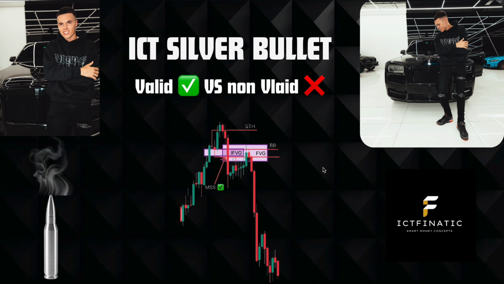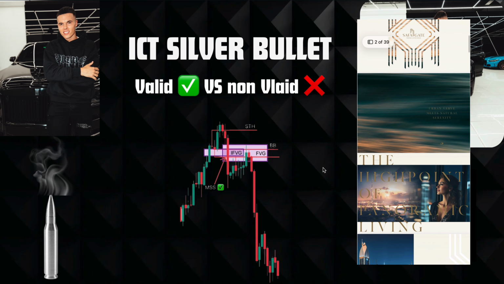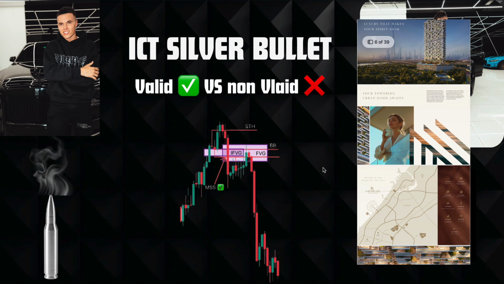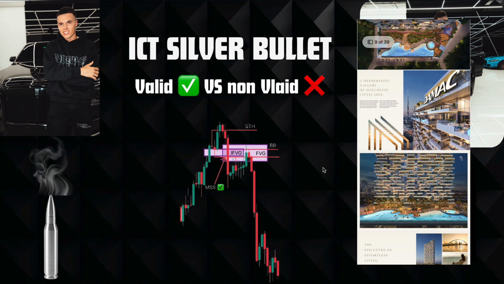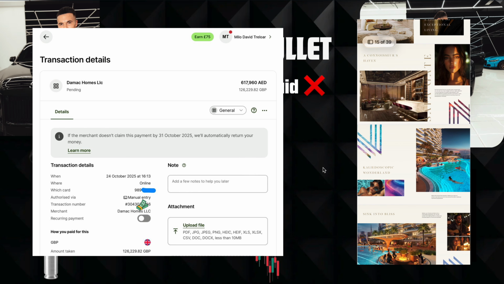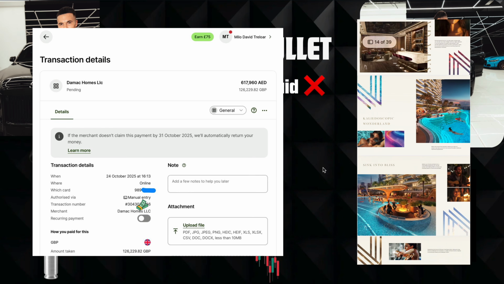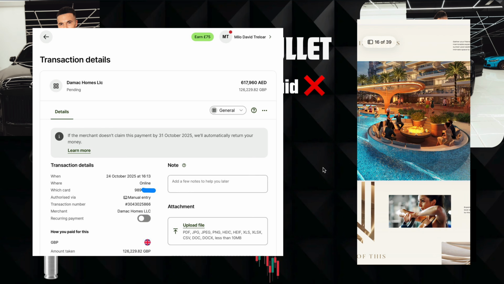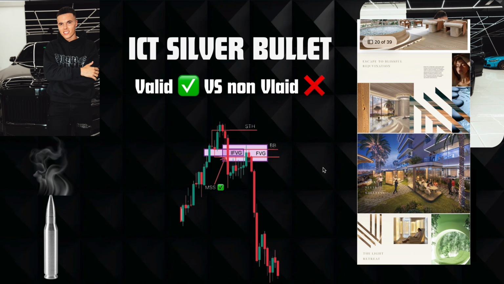Before we get into it, I just want to tell you guys about my new purchase. I've just bought 2 new 1-bedroom apartments, which are currently in development in Dubai. I've just put down a deposit of 14% of the total value, which is 1.2 million USD, and I've put down around 120,000 pounds, which I paid today. I'll put a screenshot up on the YouTube video now, which you can see like that. So that's 2 new apartments.